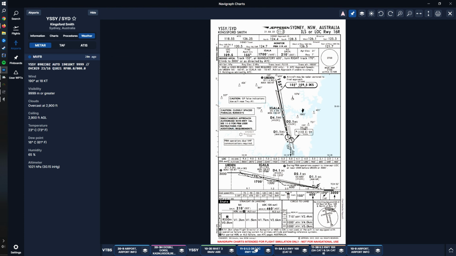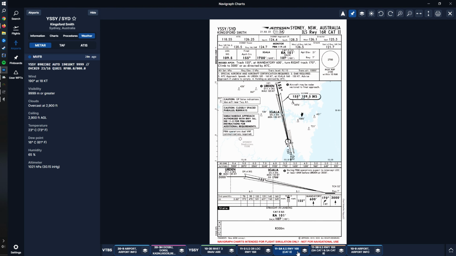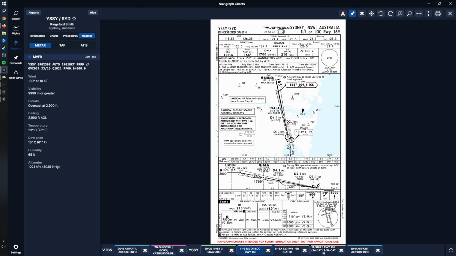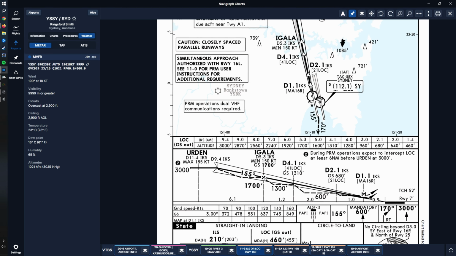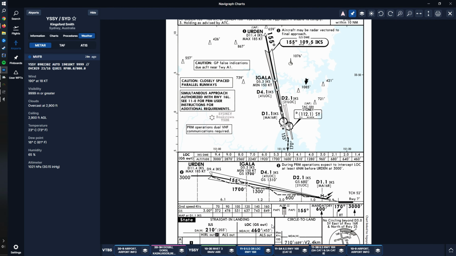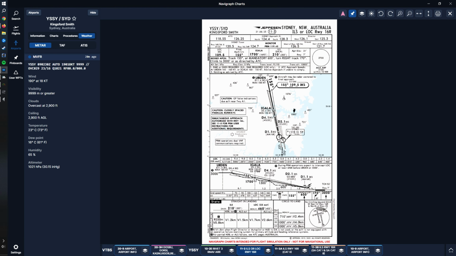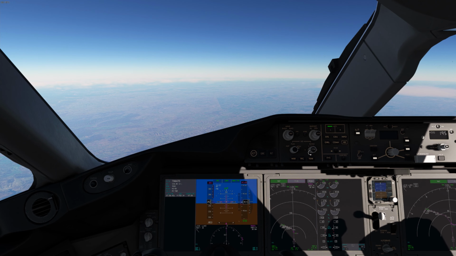And then when we take vectors onto the approach, we're going to intercept our glide slope. As you can see, we don't need a Cat 2 or anything like that. Looks like the glide slope can be intercepted here at 3,000, but the final approach fix is at Igala at 1,700. So I suppose we'll plan on intercepting it there at 1,700. And we could intercept it out there since it does extend out that far. But anyways,